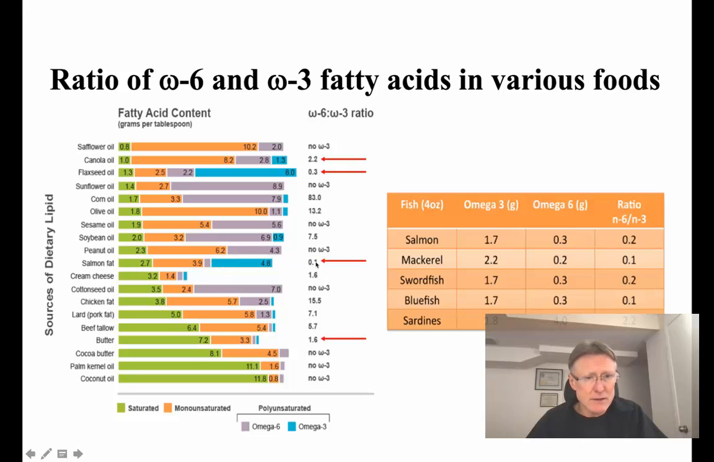And then down here, we have butter. Butter has a ratio of 1.6. And you can say, well, there is very little omega-3 because the blue here is a tiny portion of it. But you have to consider that omega-6 is also very low. So the ratio stays within a relatively low range. So this is an important concept here,